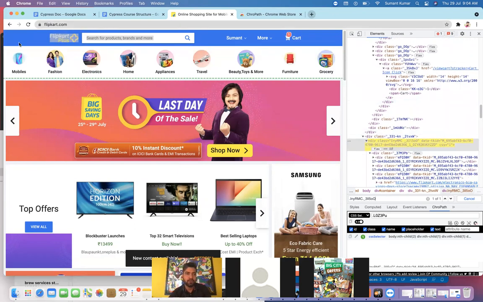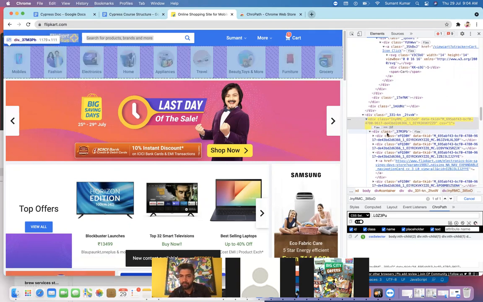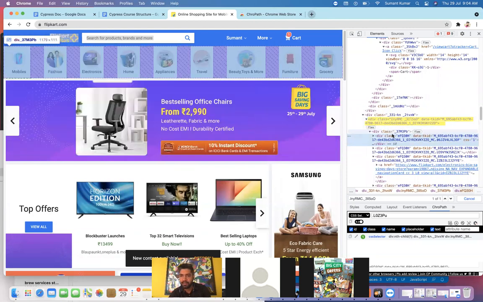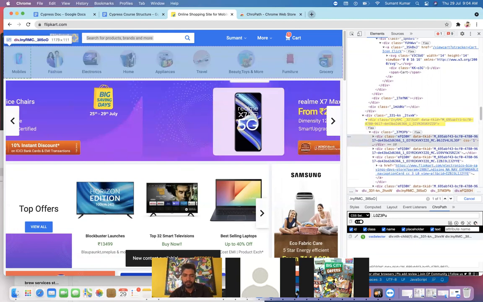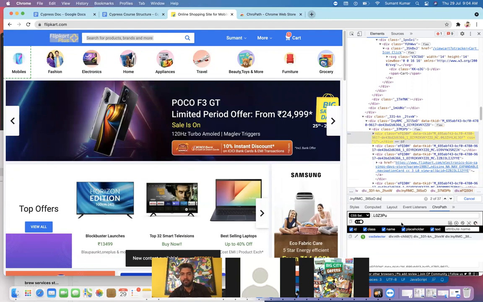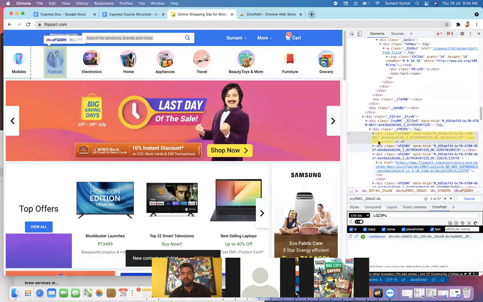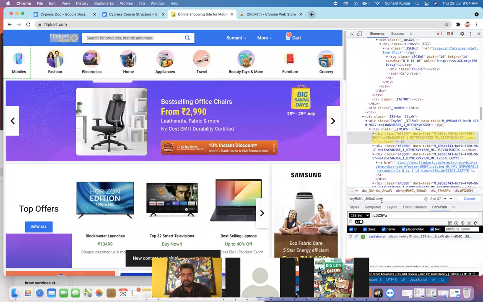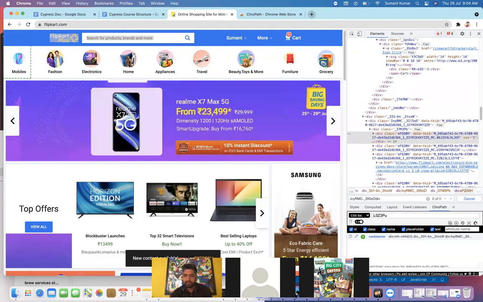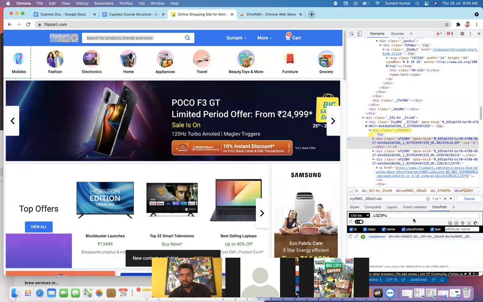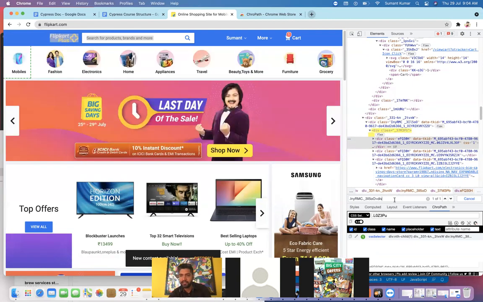Now I want to reach from this parent to this child. This mobile is the child of this, right? Inside that, anywhere I move, all will be child classes. So from here I can directly use a space, and if I write div, it selects the first element. This is the way you go from parent to child. Okay, so a space instead of forward slashes? Yes, and you can use this symbol also. Either a space or this symbol. If you are using this symbol, it is highlighting only one element.